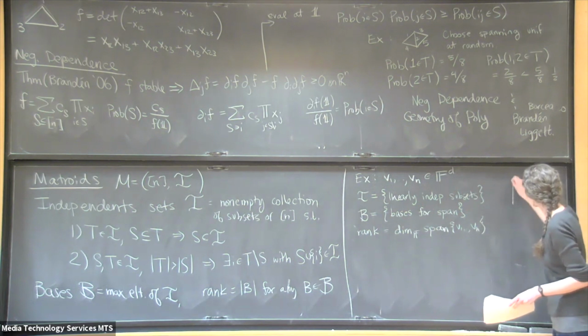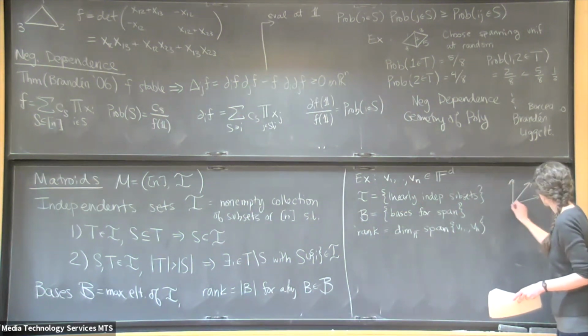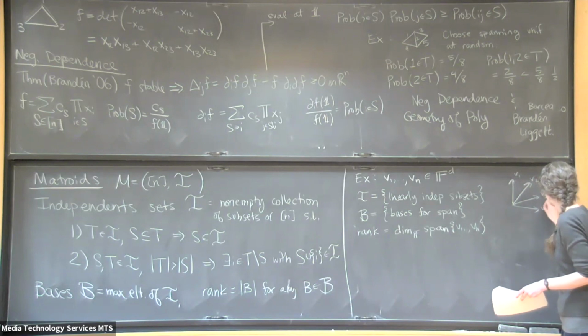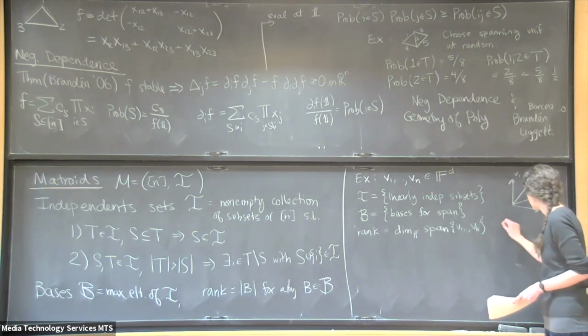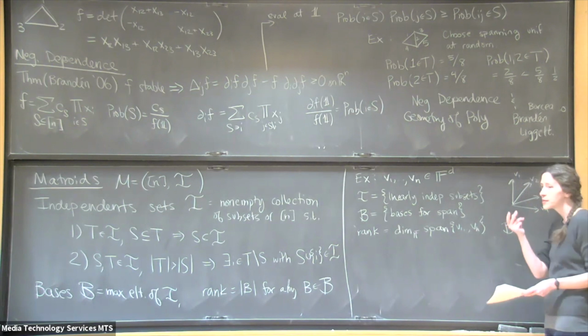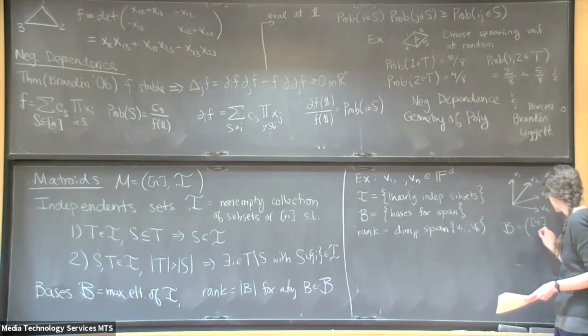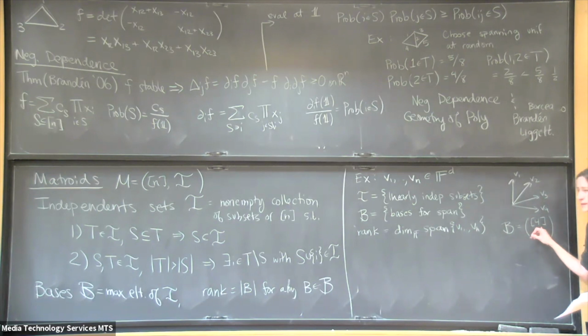So for example, if I just pick 4 randomish vectors in R2, then my set of bases, any 2 of them are going to be a basis. So I pick all subsets of size 2 of 1 through 4, that will be the collection of bases of